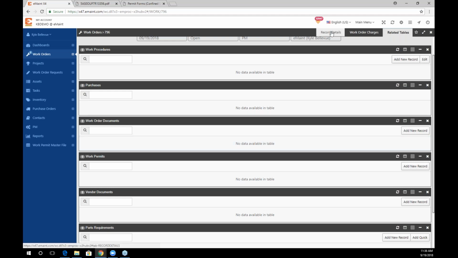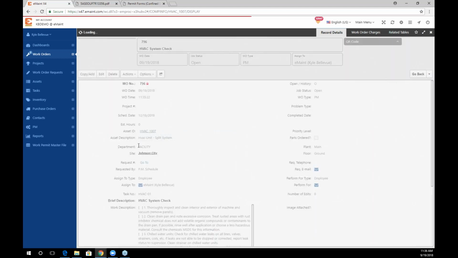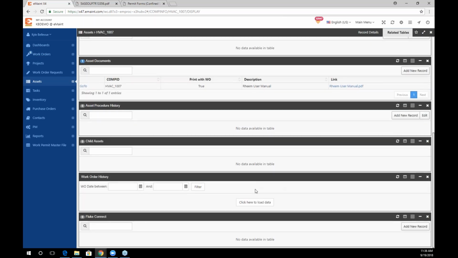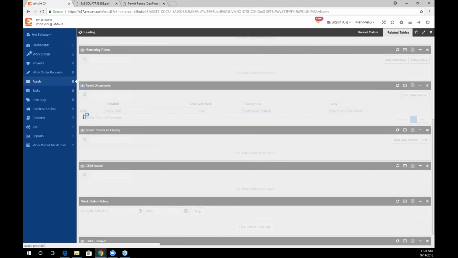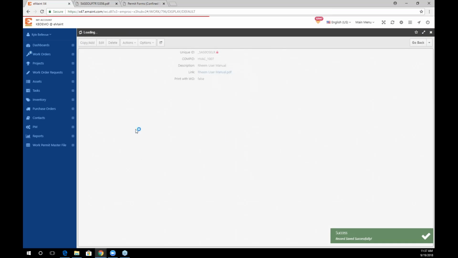So if I were to say I don't need that user manual to print out every time, all I need to do is navigate back to that asset. So I'm going to go back to that HVAC 1007, find that asset document for my user manual, and change it from true to false. If I go back to that work order,